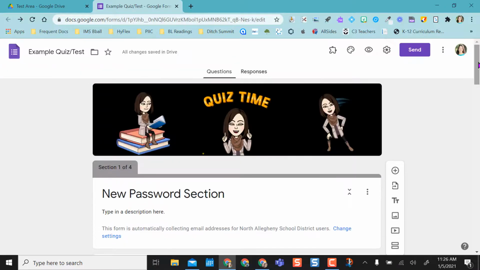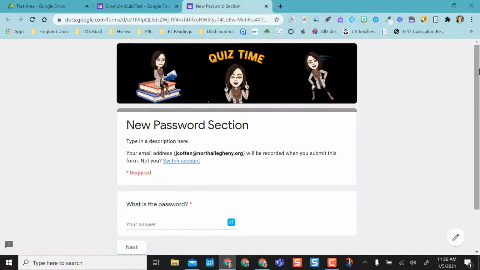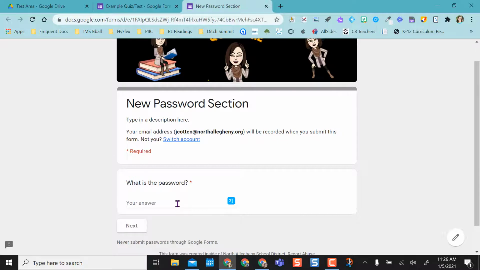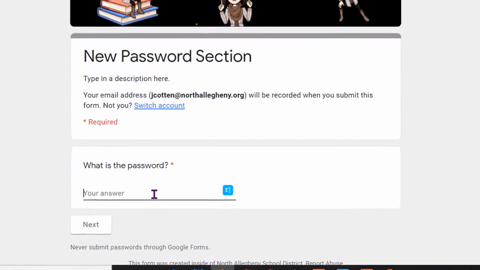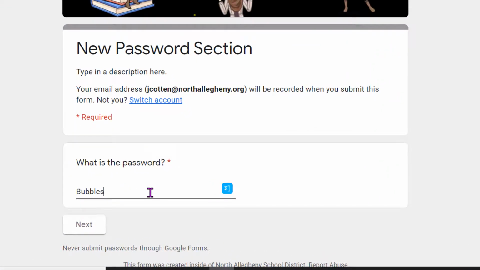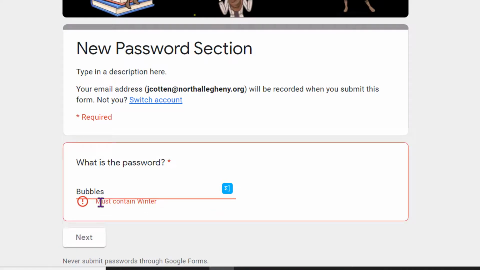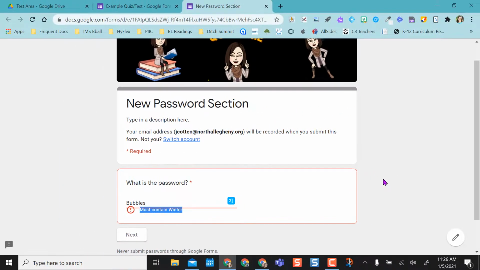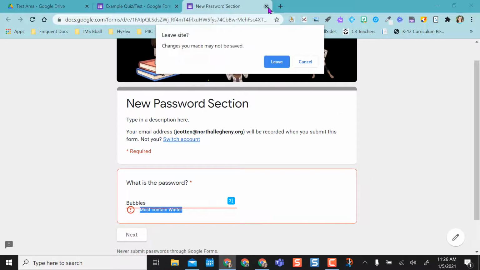So I'm going to put this in preview mode with my little eyeball up here, and I'm going to show you, remember we left that one section blank. So I'm going to type in my old password and hit next. And now see, look, it tells them the password must contain winter. So I don't want them to see that. I want them to get the password from me. So in order to change that,